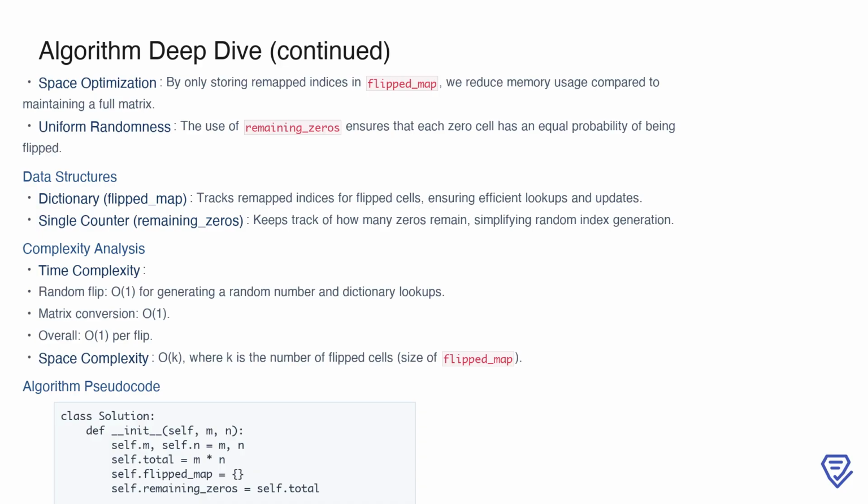Together, these structures enable us to achieve an optimal time complexity of O(1) for each flip operation, including random number generation, dictionary lookups, and index conversion. The space complexity is proportional to the number of flipped cells, so it's O(k), where k is the number of